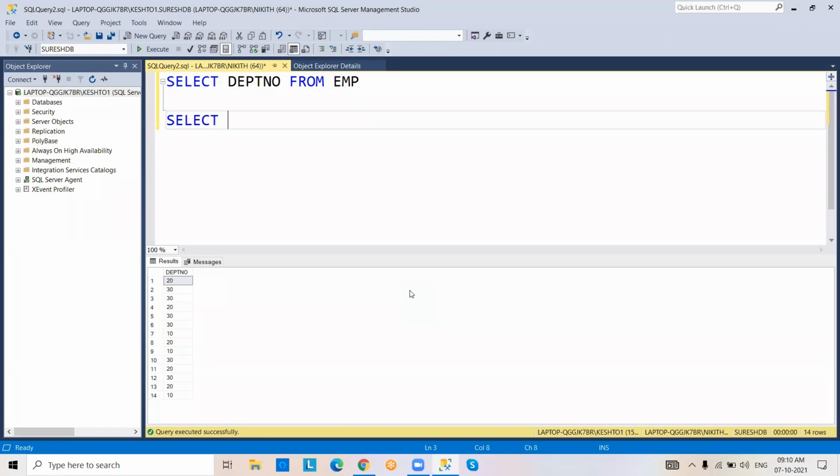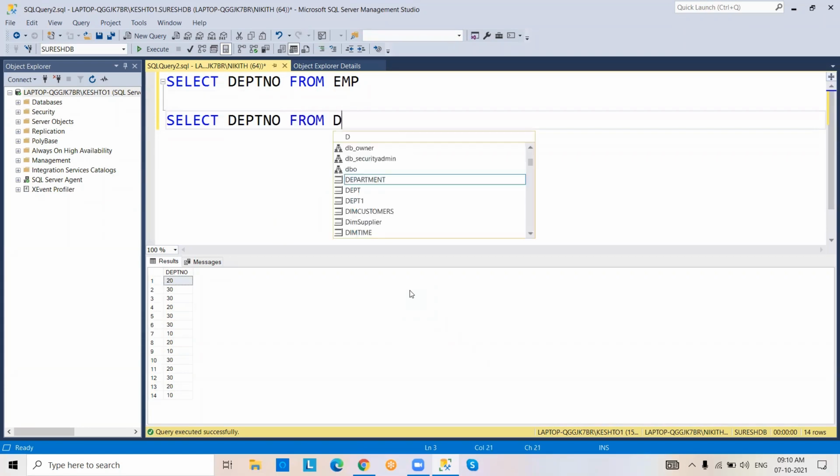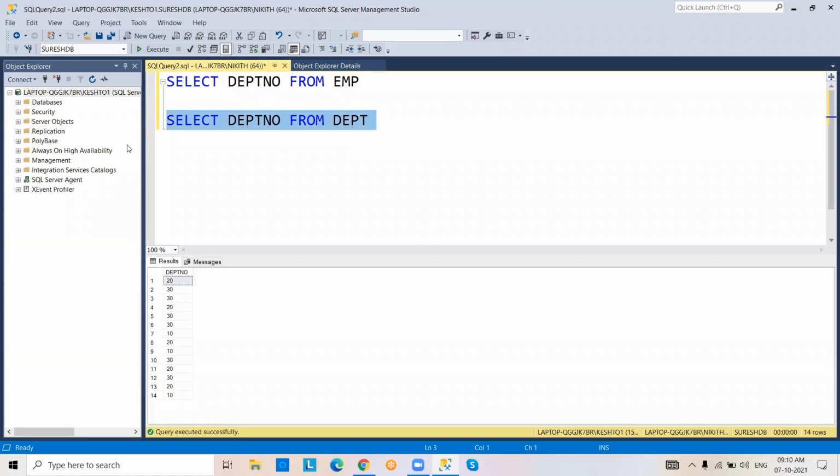In the same way, select department number from department table: 10, 20, 30, 40.